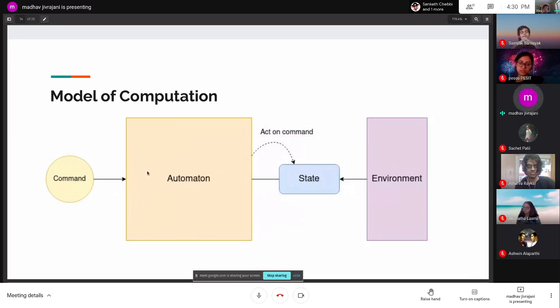But when the change comes from the environment itself, that's a change that you haven't issued. That's a command that you haven't issued on the state. So that's something called an unintended state change. And because of this unintended state change, the state of your automata might change. And this is something that's very important to distinguish between imperative and declarative, which we'll cover soon.